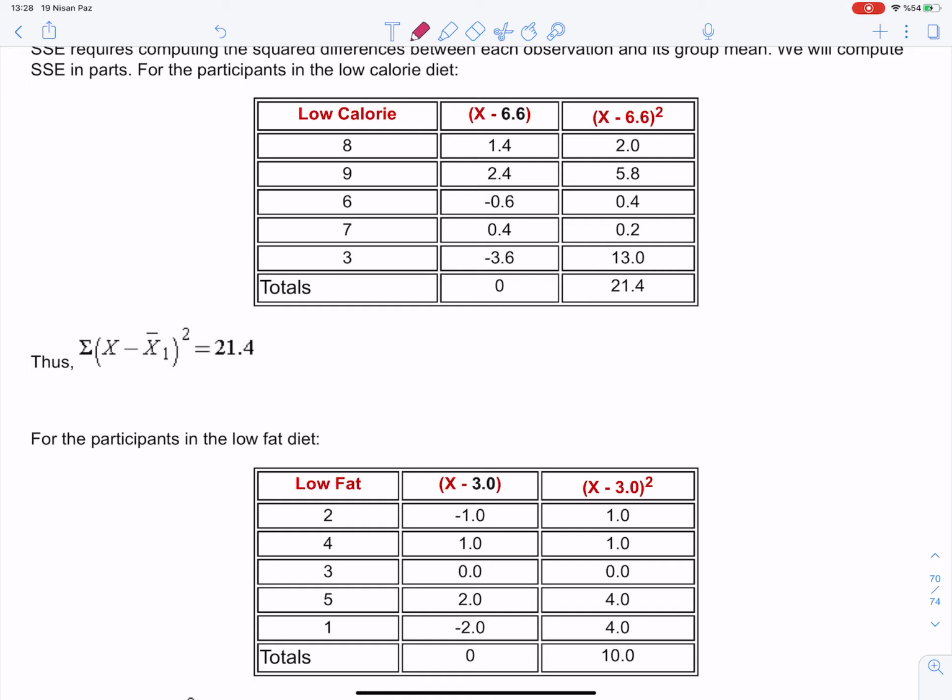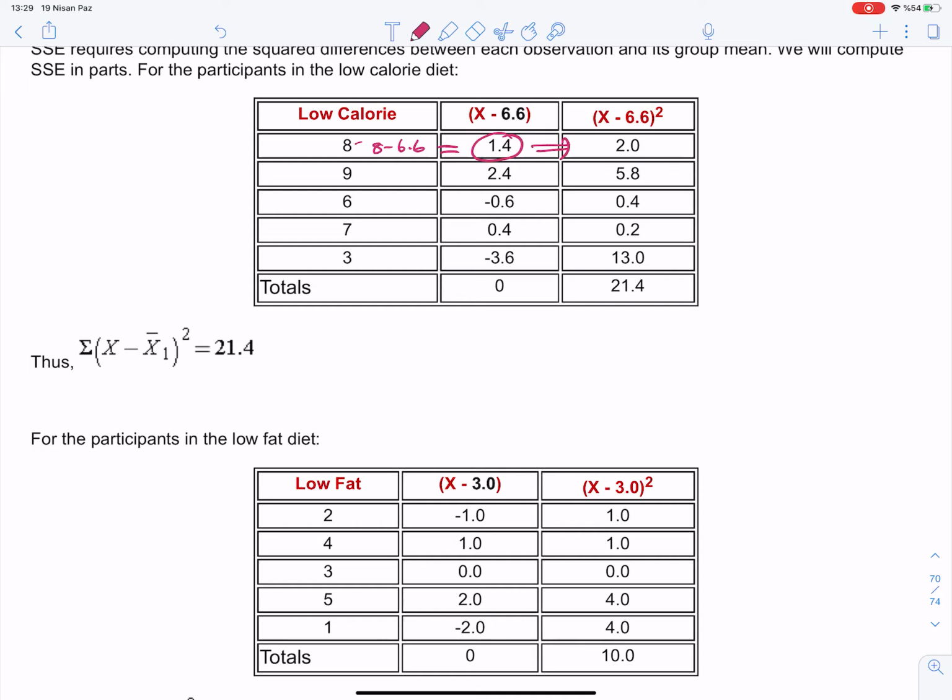This is performed by subtracting 8 minus 6.6 to get 1.4, and the square of this is